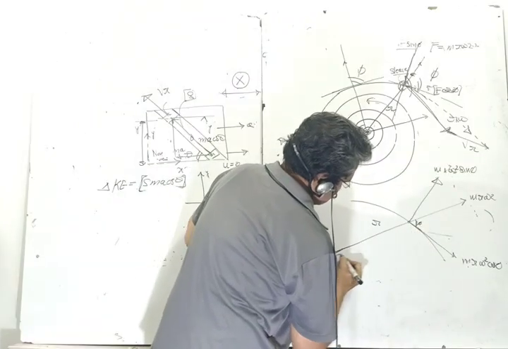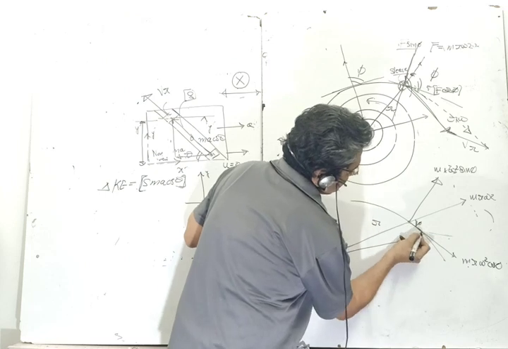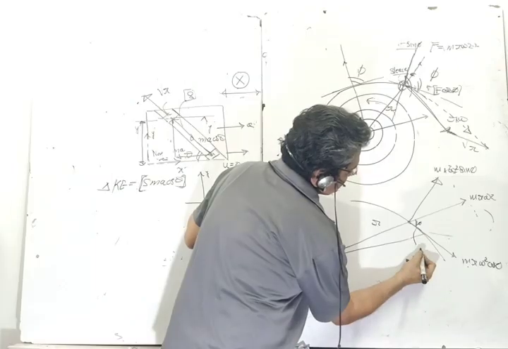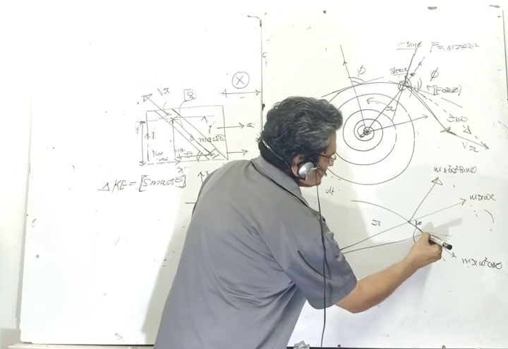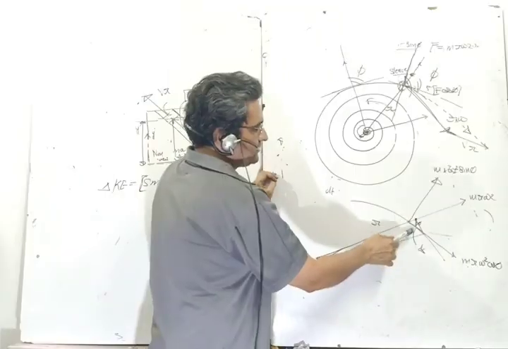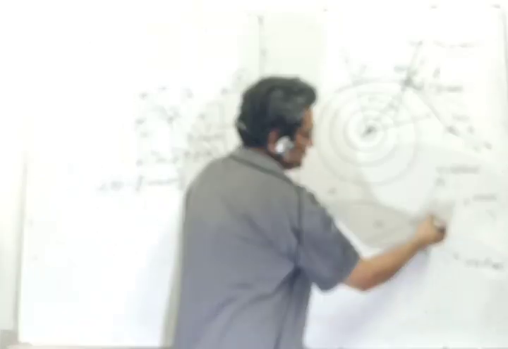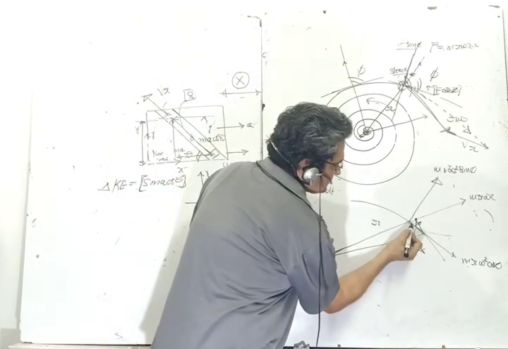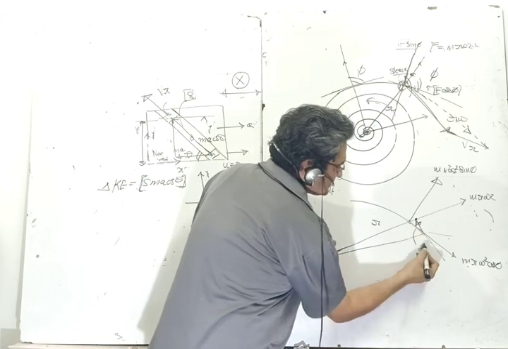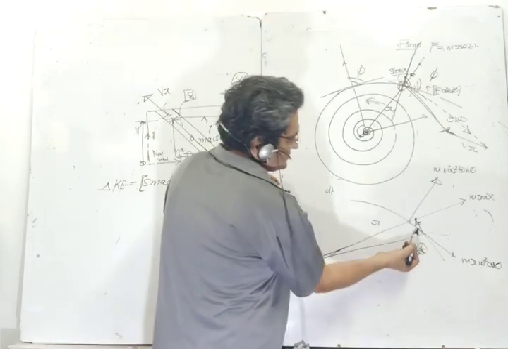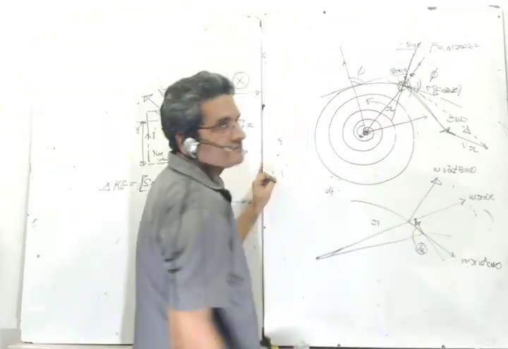Let the displacement be ds. Let this sleeve move from here to here in time dt. Let this displacement be ds. What is the projection of ds on r? Don't take projection of r on ds. Don't take dr and then project it on ds. It is the constraint motion. Constraint motion is along the sleeve. That is what you have to take. This you have to take always along the constraint motion. Then project this on the variable which you have.